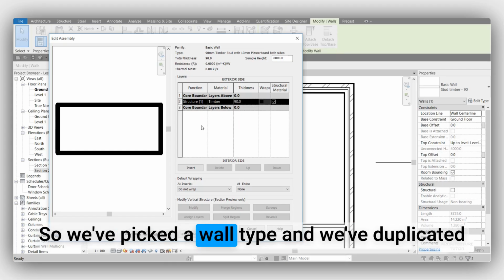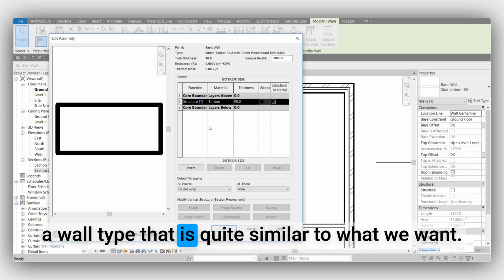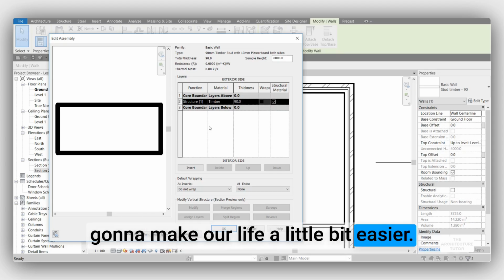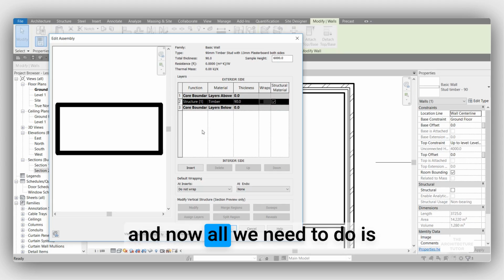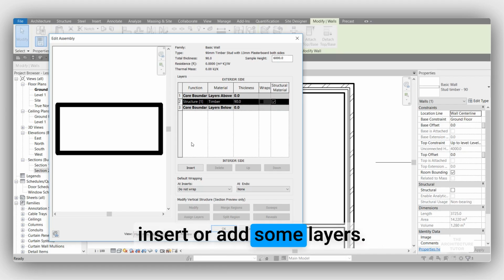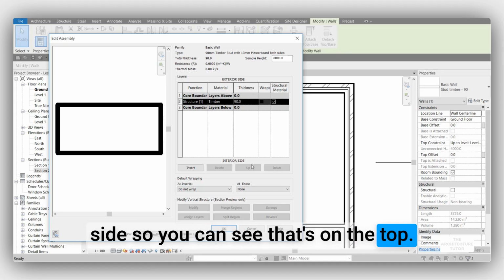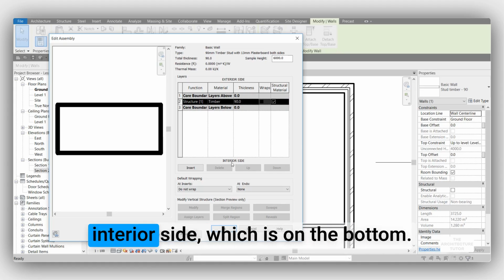So we've picked a wall type and duplicated a wall type that is quite similar to what we want, or the most similar that we can find. It's going to make our life a little bit easier. And now all we need to do is insert or add some layers. So add the plasterboard on the exterior side, which you can see is on the top, and a plasterboard layer on the interior side, which is on the